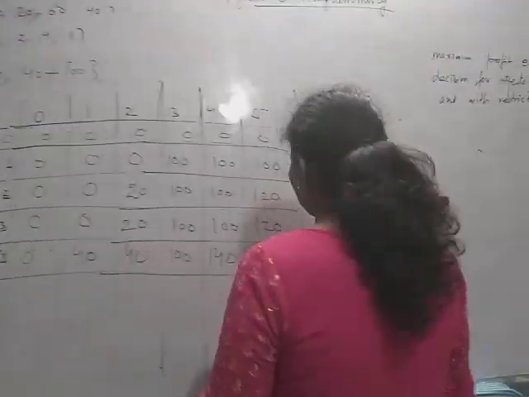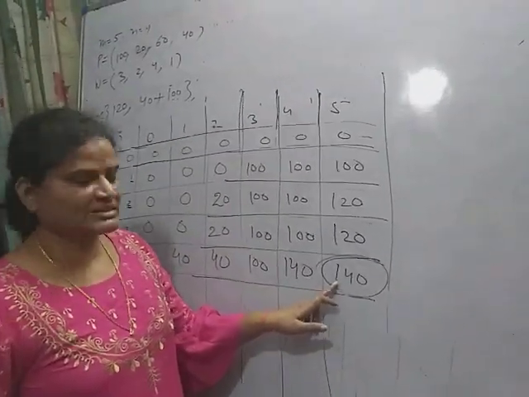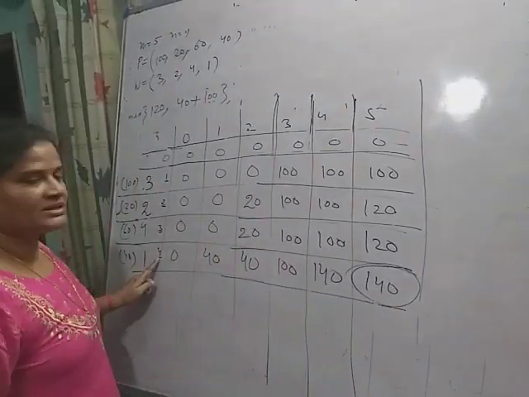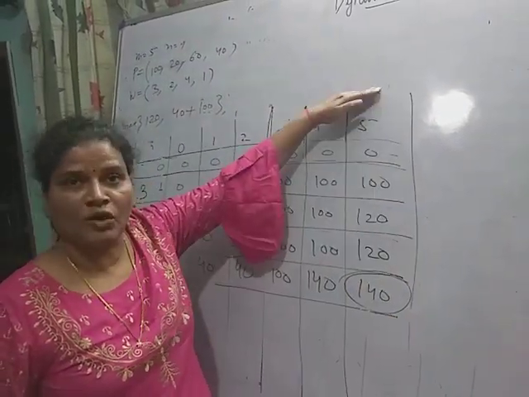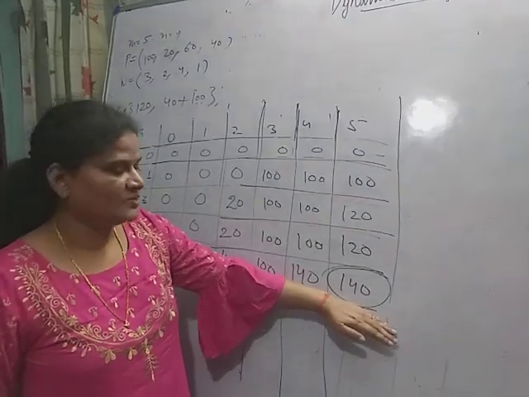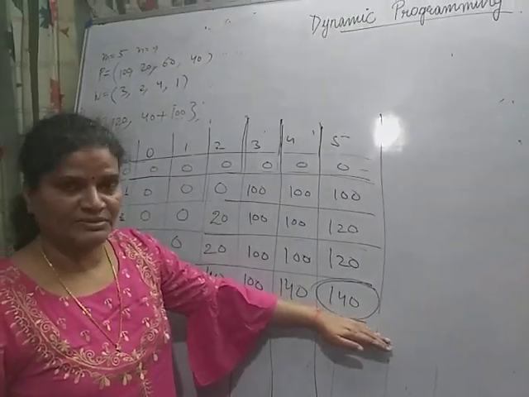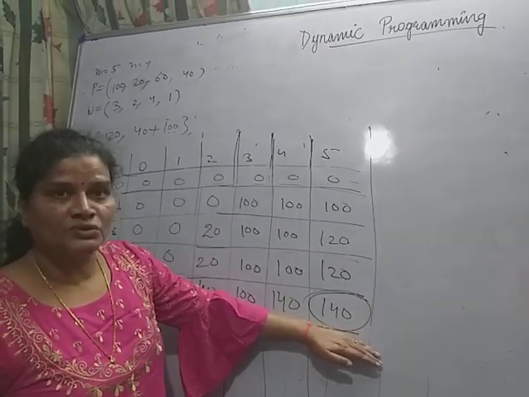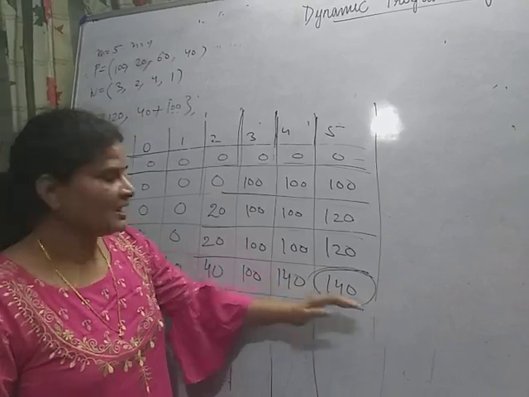Now here we generate the sequence of decisions. So just check, this is for the fourth object. Now you move from bottom to top. This is the highest profit. So this is the value of the optimal solution. Now you move to find the decision for the variables x1 to x4.